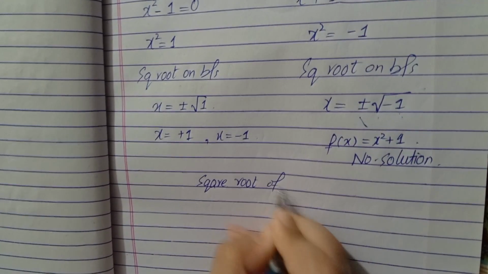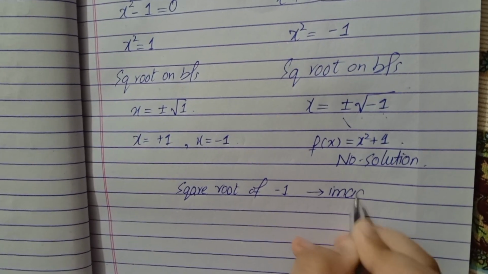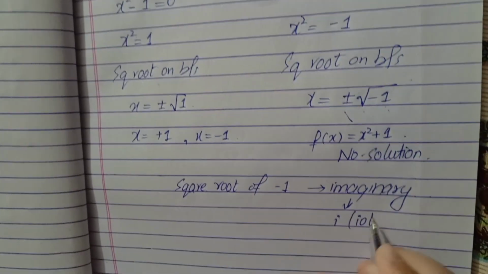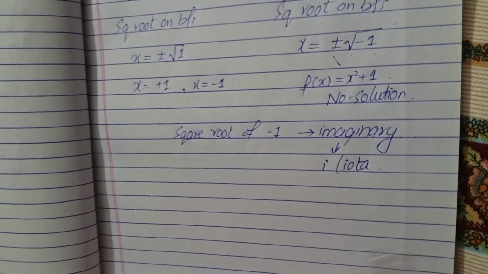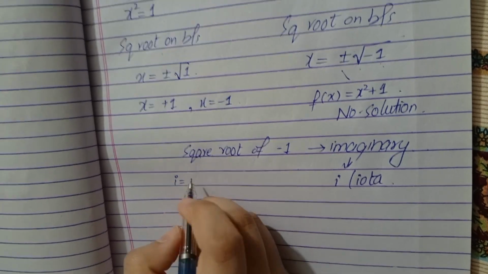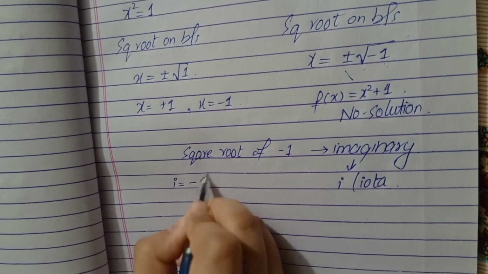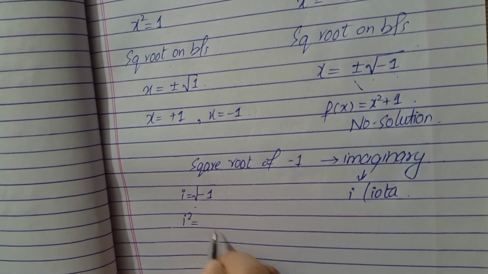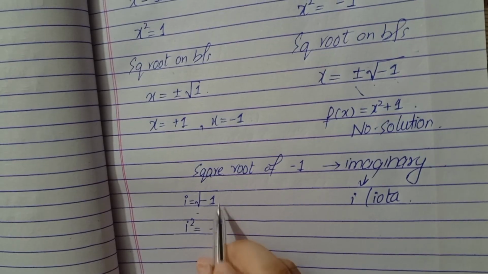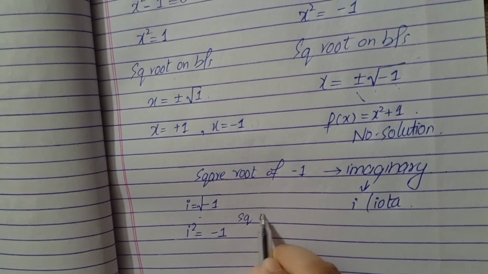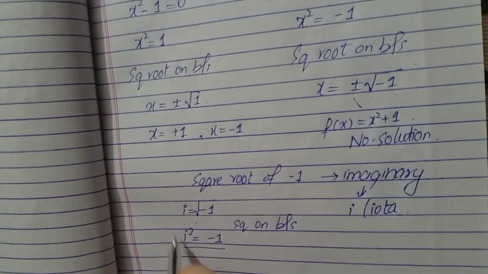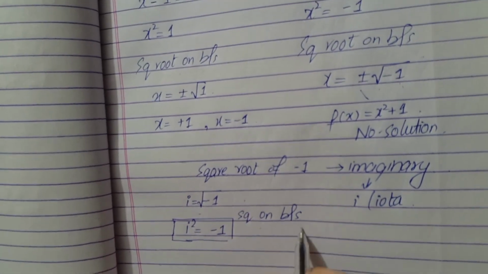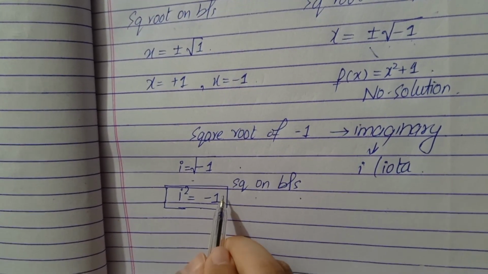Square root of minus 1 is an imaginary number, so this is clear, and we're going to represent it with i, which is iota. This is its representation. So we can say that i is equal to square root of minus 1, and if we remove the square root here, we will get iota square is equal to minus 1. Of course, when we have a square root on one side, we take the square on both sides. So this is how we get the value of iota. Iota's value is square root of minus 1, but taking the square on both sides, we get iota square is equal to minus 1.